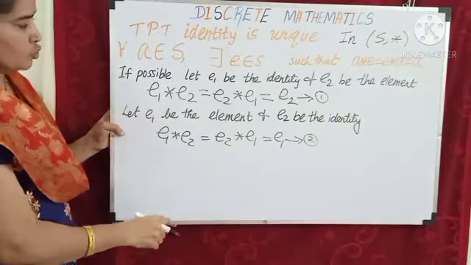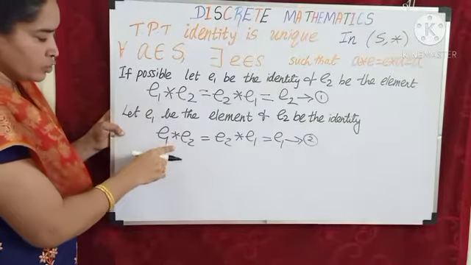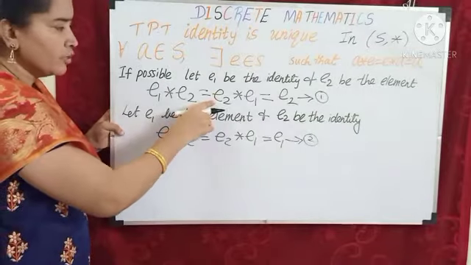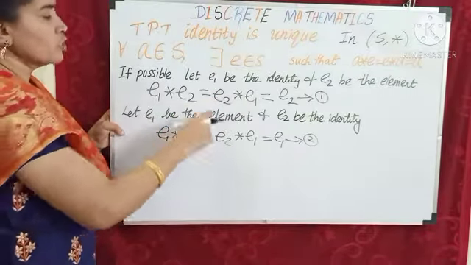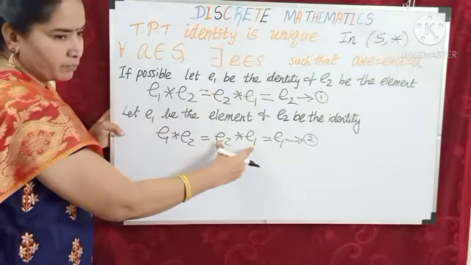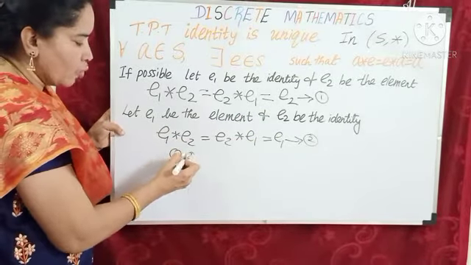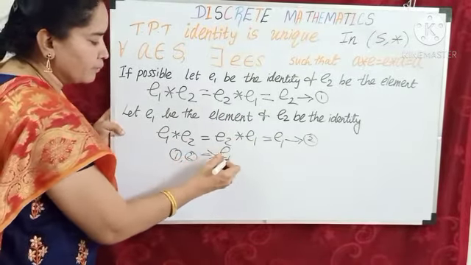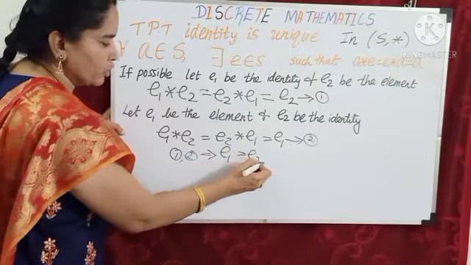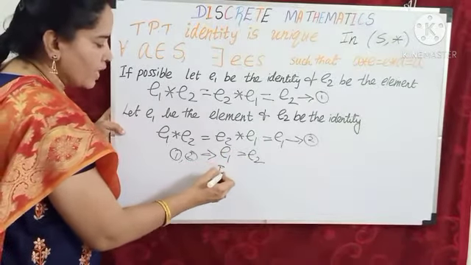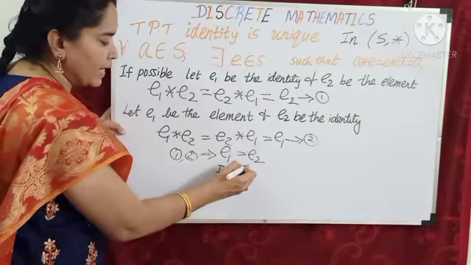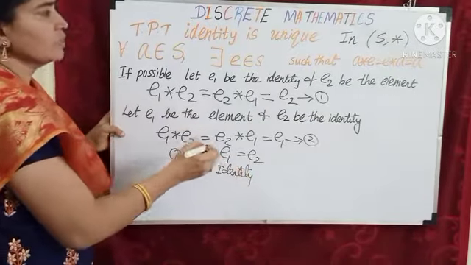Compare 1 and 2. Here also E1 star E2, here also E2 star E1. So when the LHS is the same, the RHS should be the same. So we will say 1, 2 imply E1 equals E2, and therefore